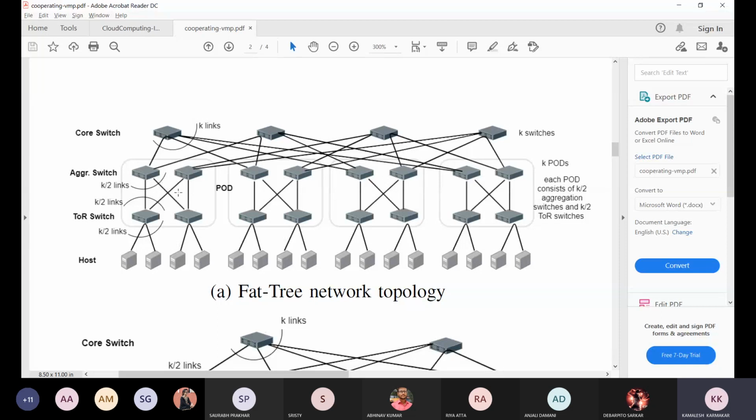The major advantage of this data center, if we use fat-tree network topology, is that if at any moment a part of this network is disconnected, like if any switch in the core layer or aggregation layer is disconnected, then the network will not be disconnected. But if all the aggregation switches of a pod are disconnected, then the hosts connected to that pod will be disconnected.